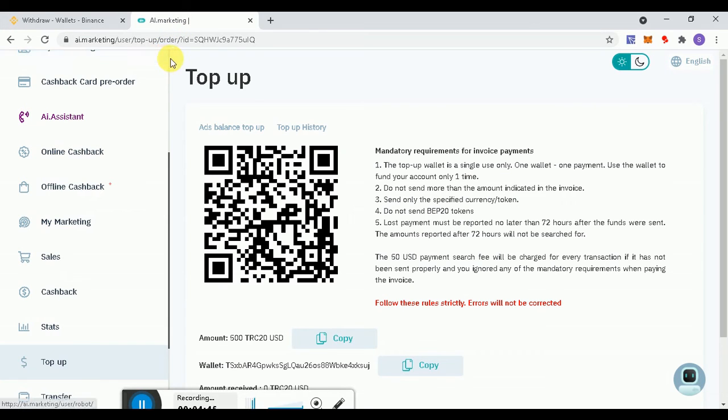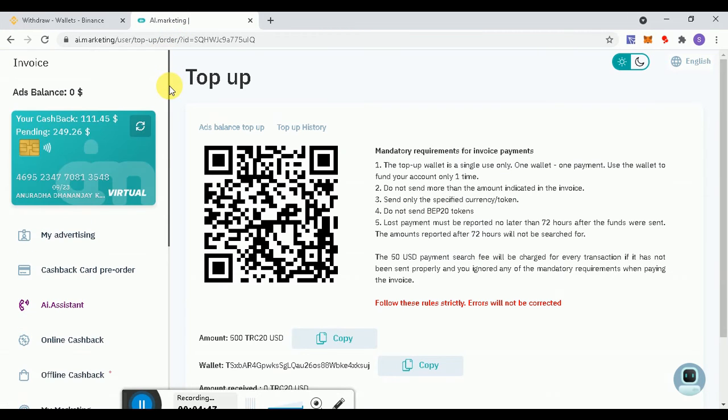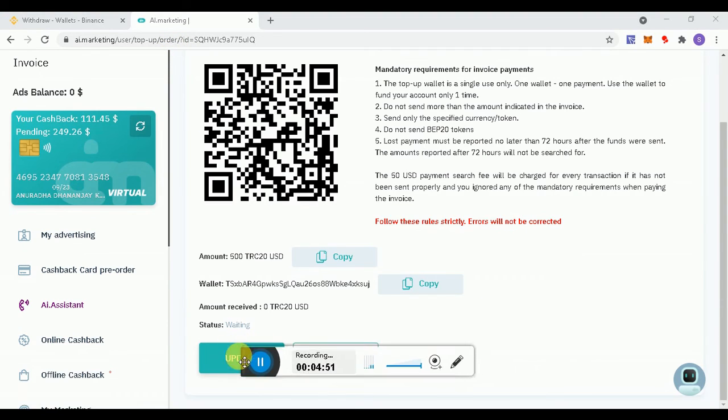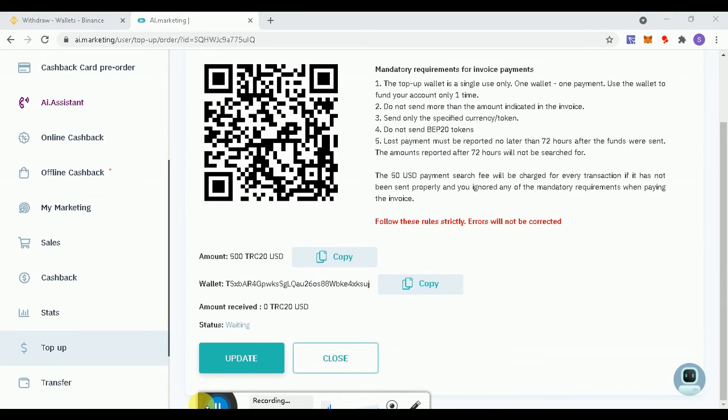Then go to your website. Now click on update. Okay, after click on update, after 3 to 5 minutes you can see here amount received will be 500 TRC20 USD, and your status is showing now waiting.